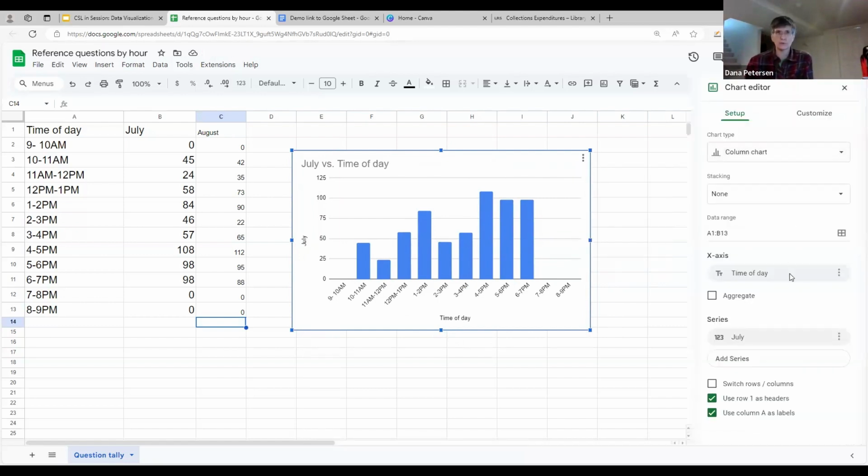A lot of things you can do here. Change the color, change the font, change the labeling, or you can change it in your sheet, either place. I'm going to focus right here on the series. The series, what's that? That's your data. So here's the series of data. We've got July. I want to add August to this chart.